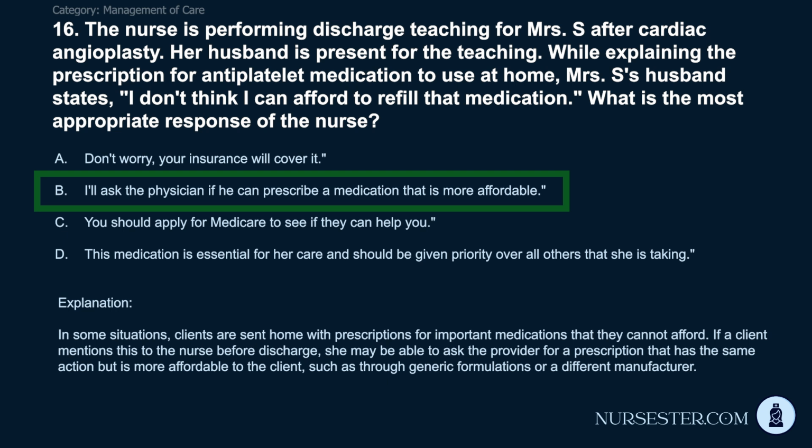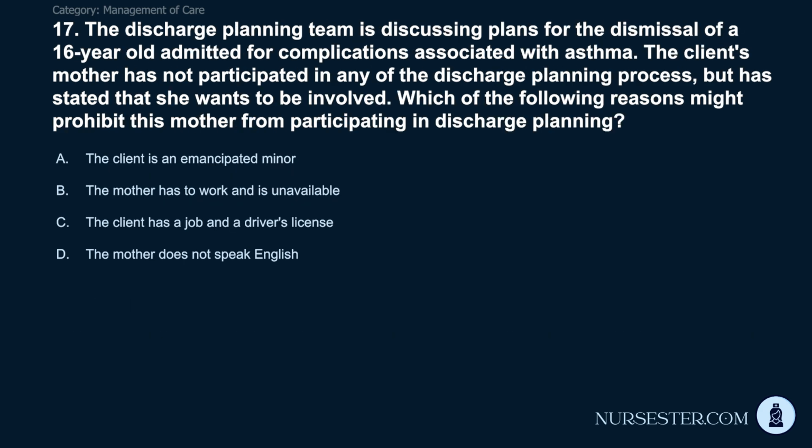If a client mentions this to the nurse before discharge, she may be able to ask the provider for a prescription that has the same action but is more affordable to the client, such as through generic formulations or a different manufacturer. 17. The discharge planning team is discussing plans for the dismissal of a 16-year-old admitted for complications associated